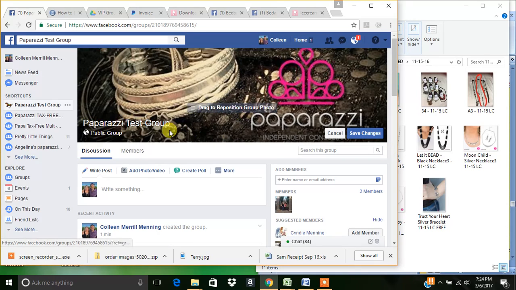You need to be aware too if you've got like lots of wording and stuff. Some people have this stuff down here along the bottom, so you can see the full cover photo. For some reason, my computer shows it up here, so just be mindful of that. If you're putting a lot of wording down here, your people may not be able to see it. So, okay, so I'm going to save the changes,